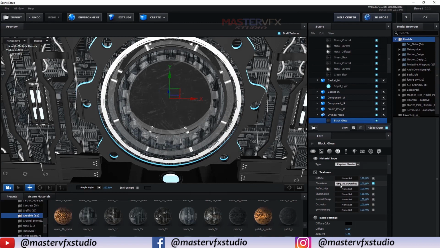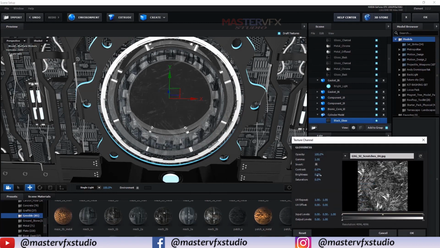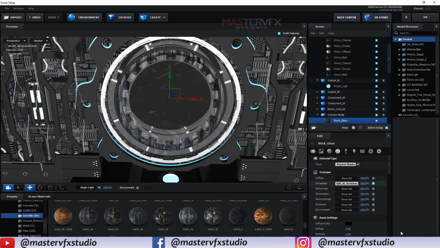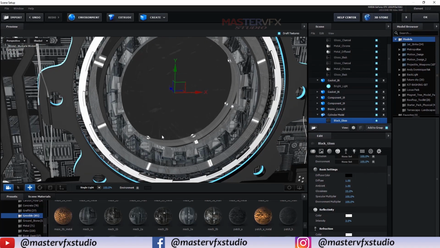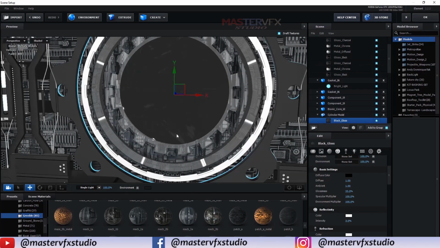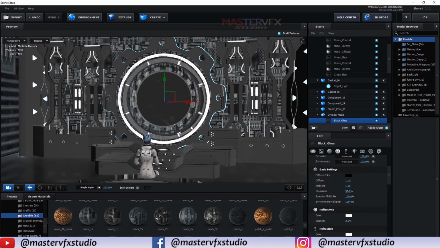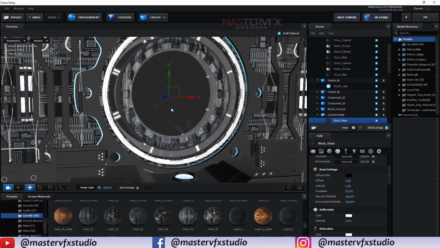Okay, open these settings and boost up the contrast to 60 or 50%, and okay, and in the glossiness section change it to 30 or 33% as per your need. So now it's looking like very rough type glass.